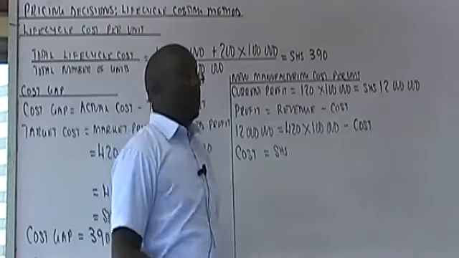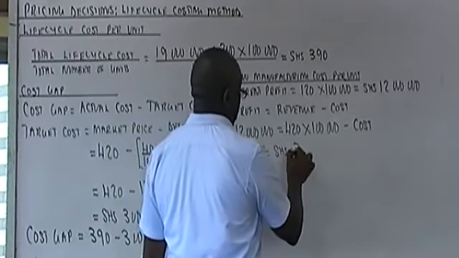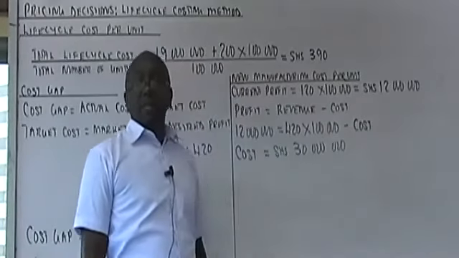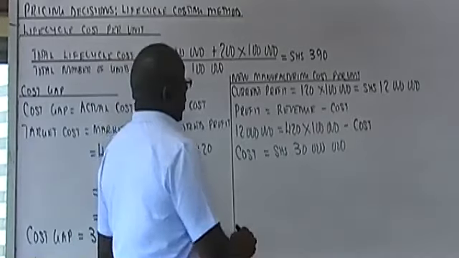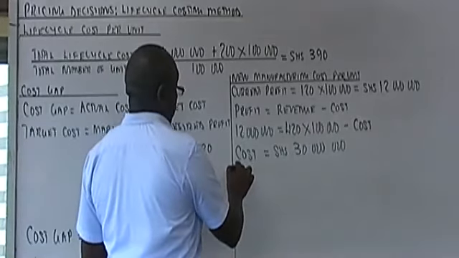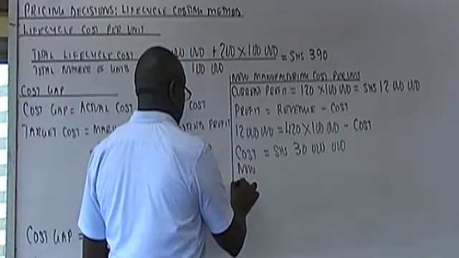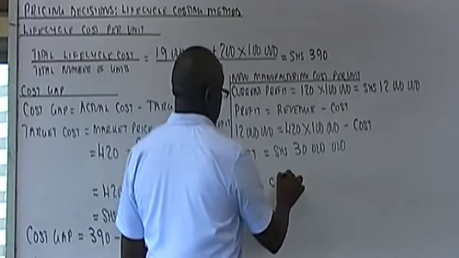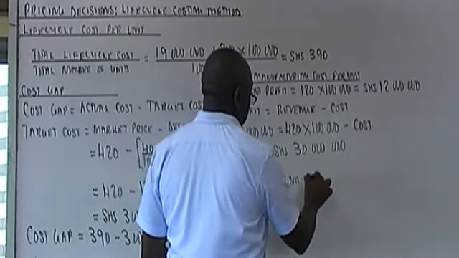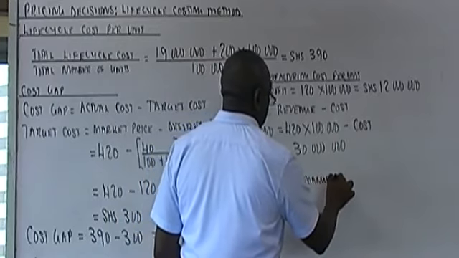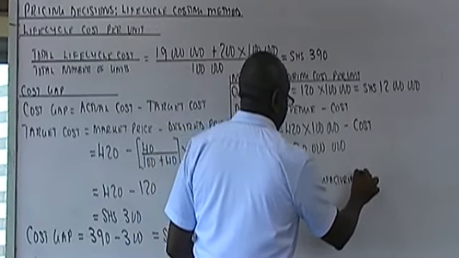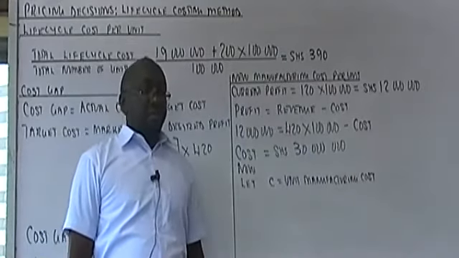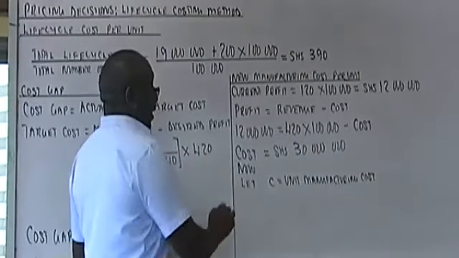We have 30 million. So now we will say let C be equal to unit manufacturing costs. If you let C be unit manufacturing costs, then